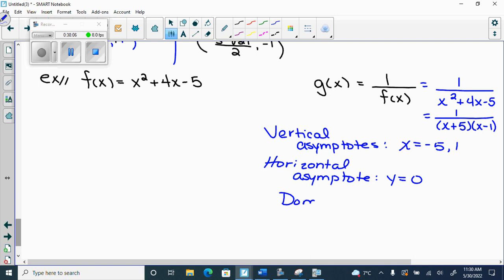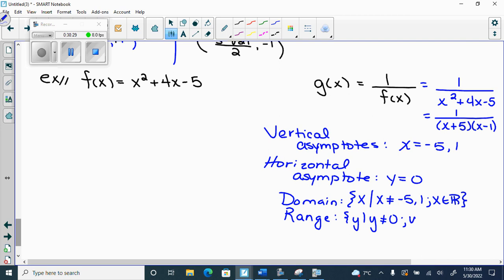My domain is just not equal to those. So it's going to be the set of x values such that x can't equal negative 5 and 1, but x is an element of the reals, everything else. And the range is going to be y such that y can't equal 0, but y is an element of the reals. Okay, my invariant points